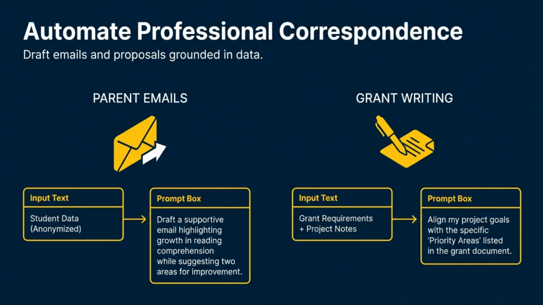Automate professional correspondence by drafting data-driven emails and proposals. For parent emails, input anonymized student data and use a prompt to draft a supportive email highlighting growth and suggesting areas for improvement. For grant writing, input requirements and notes, then use a prompt to align your project goals with